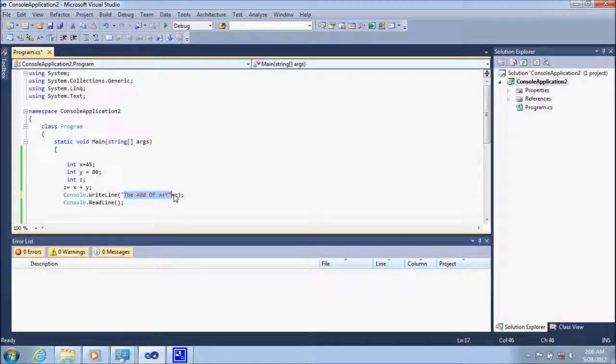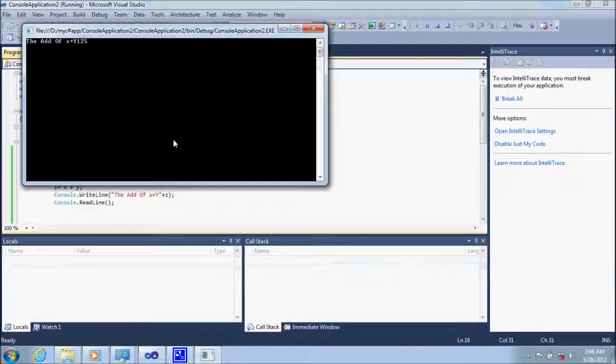This z is the variable, and I want to print the value which is present in z, so it is not in double quotes, but this is the constant string, so it is in double quotes. I want to use both, so I am using the plus sign as a concatenation operator between these two. Just execute the code. Now you are getting this concatenated output.